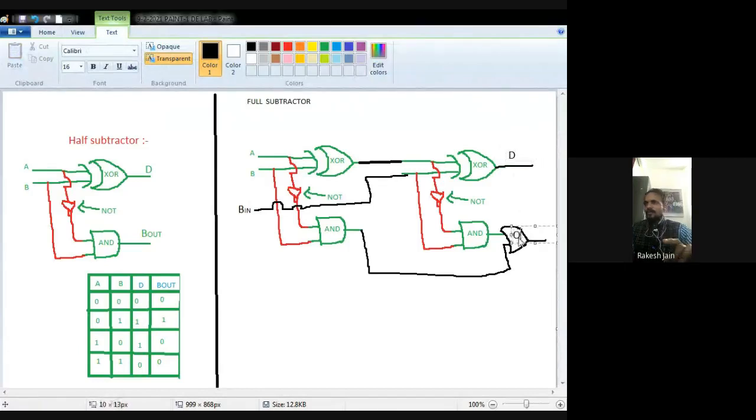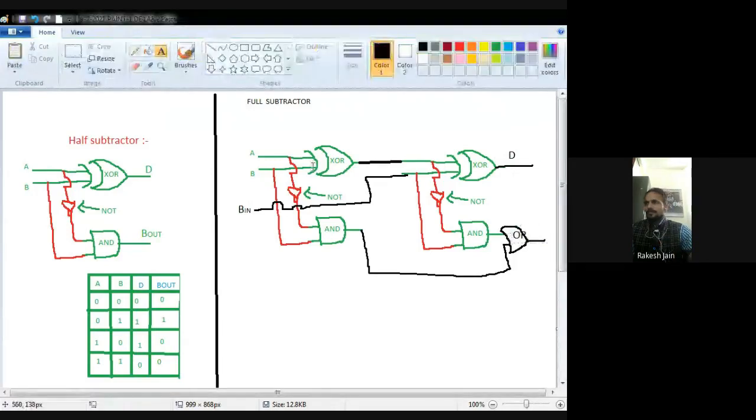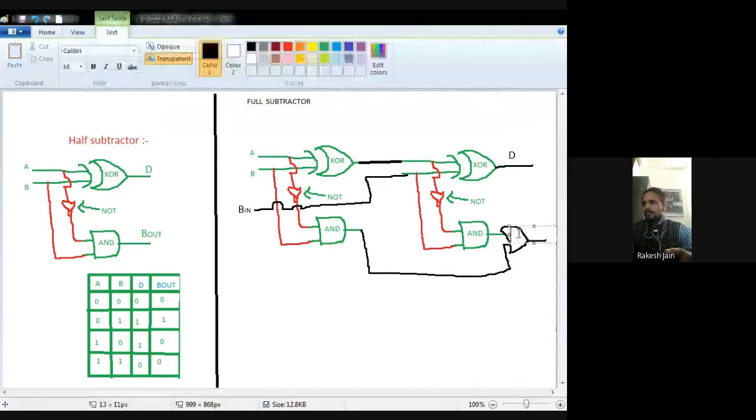Now these two AND gate outputs are connected as inputs of an OR gate, and then we finally have two outputs. Now this is the circuit diagram of the full subtractor.